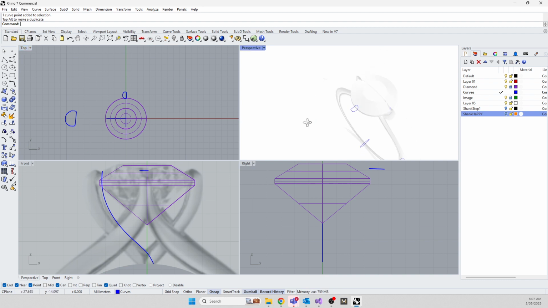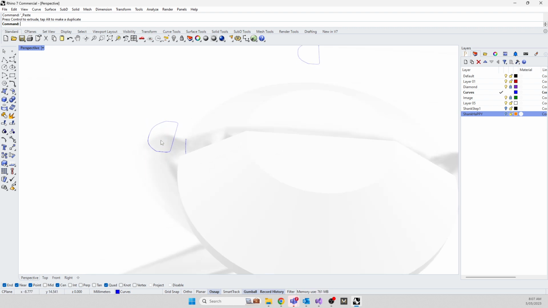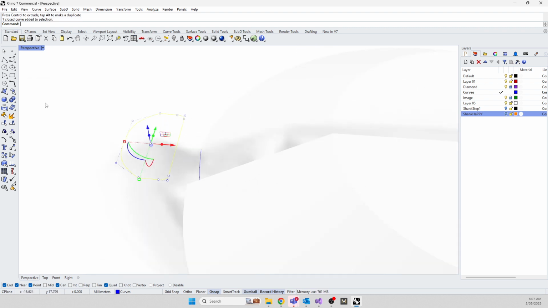So we know that we want these things to kind of match each other. So I'm going to take this curve, I'm going to duplicate it. I'm going to move the duplicate. Oops, wrong way. I'm going to move the duplicate to here, and I'm going to snap it. Right, so we're going to now snap it onto the end of that curve. So we're going to take that curve, we're going to move it, enter. Yes. From there,